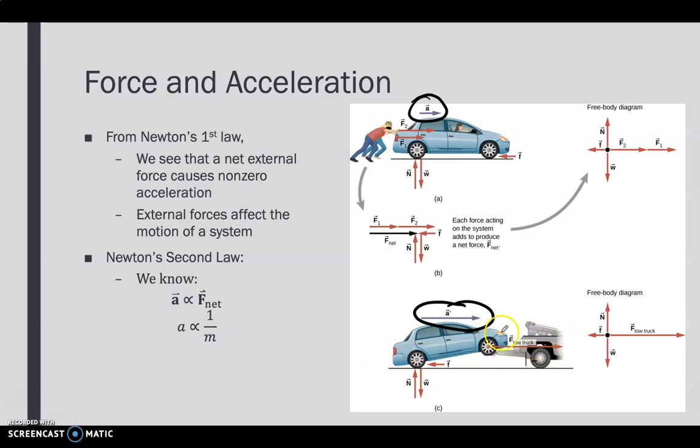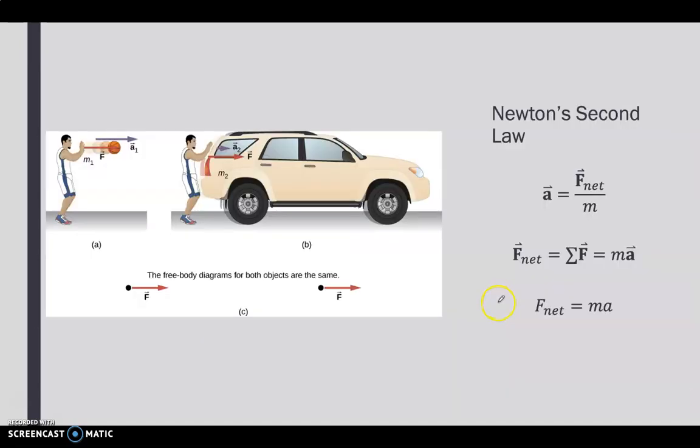We now have the total force from the tow truck pulling the vehicle. So we can see now that there has to be some sort of relationship between acceleration and force, and also with mass. Okay, so let's go ahead and continue here and give you that relationship with Newton's second law